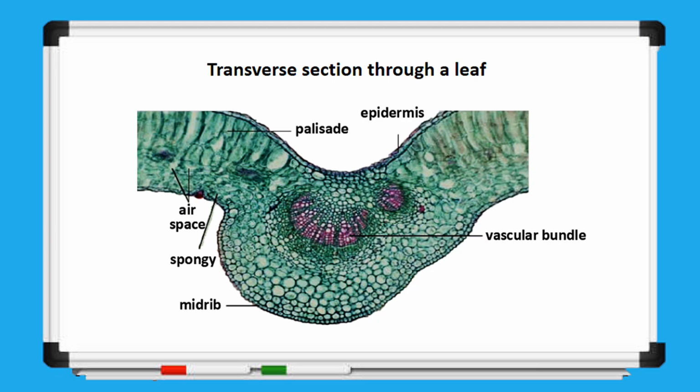Unlike the diagrams we just explored, this is an actual image taken through a microscope, giving us a real-world view of the internal leaf structure. When you look at it, you can see how the different tissues actually appear under the microscope. Right at the center, you'll notice the vascular bundle. This is the leaf's main transport system, often referred to as the central vein. In fact, in this case, it's specifically called the midrib, which is the large central vascular bundle running through the